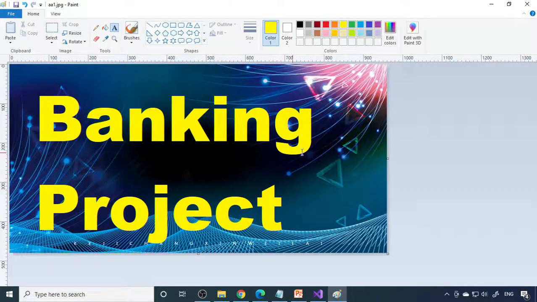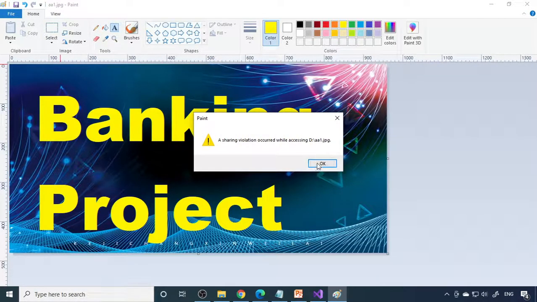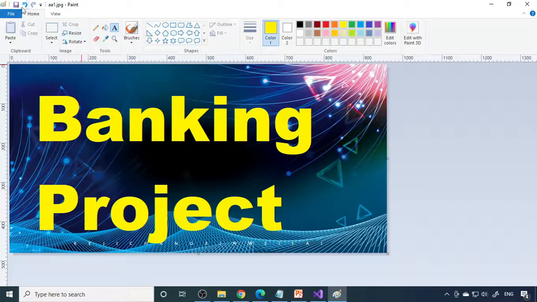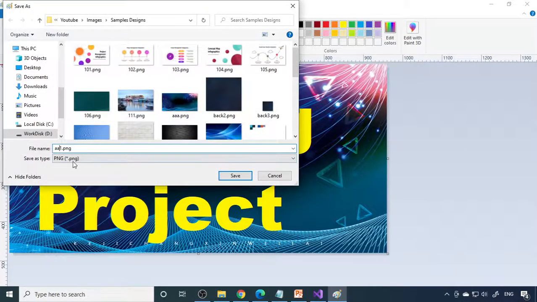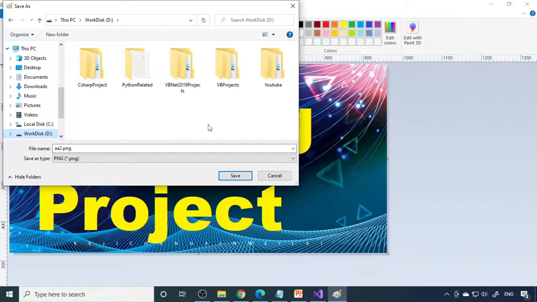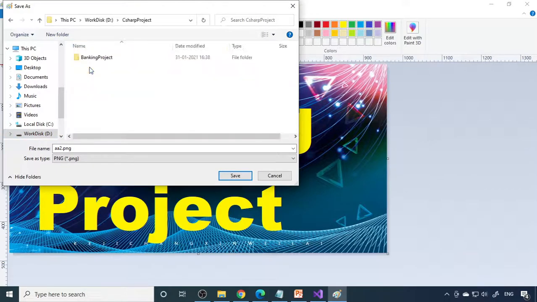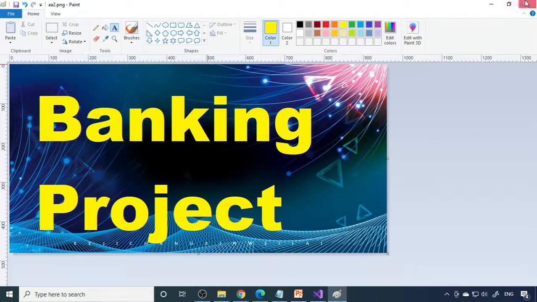So you can also put your name, whatever you want to type, you can always type here. So save the file. Okay, so now you need to save it in a different file name. So A1, you can give it as A2. So now we'll save it here only. So always save your pictures in the project folder, bin folder, debug folder. Then it will be copied, then you can paste it to another system. Then this file also will be copied over there.